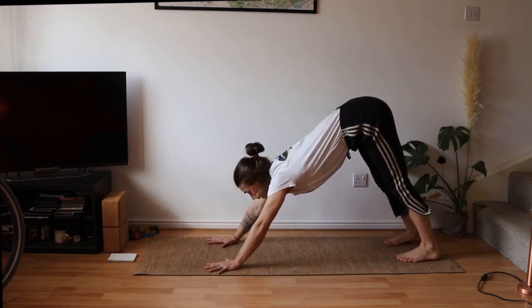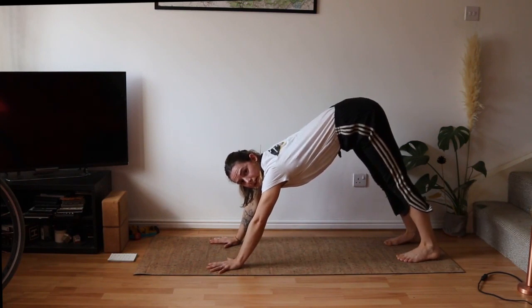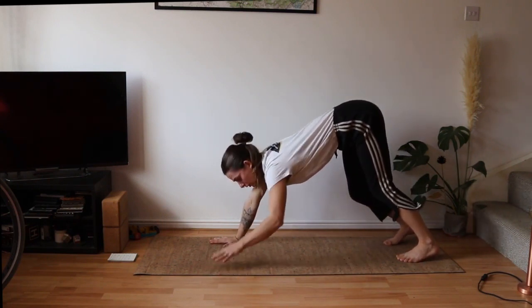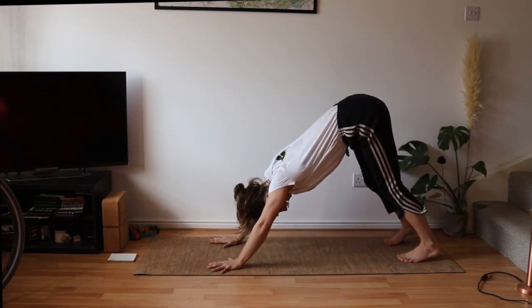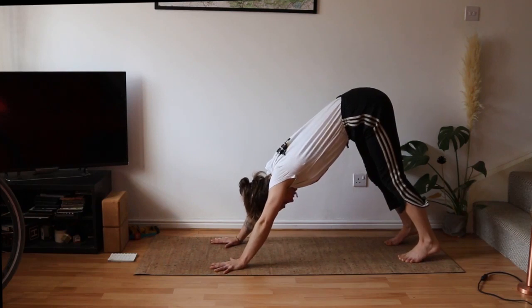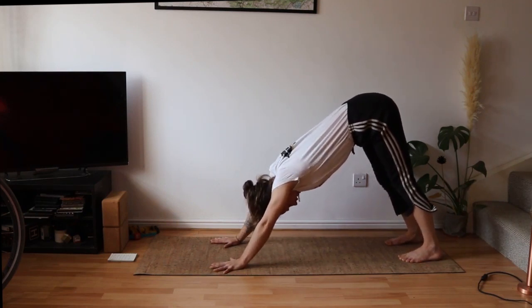And then bring your awareness into the hands, again making sure that the fingers are spread nice and wide. Don't worry about getting the legs straight here. You can totally have bent knees for this exercise. We're focusing on the shoulders. We're going to do 10 repetitions of that shoulder shrug. So push the floor away, shoulders up towards the ears, and then depress the shoulders down. That's 1, and 2,